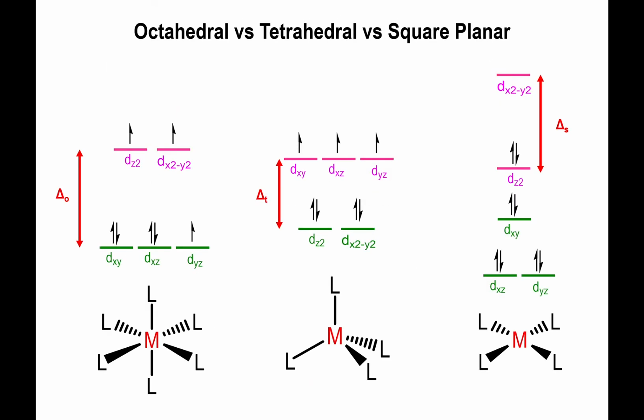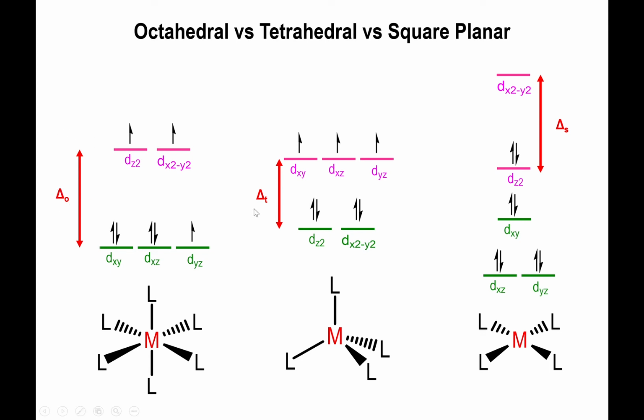Alright, so altogether you have your 3 kinds of splitting, and you're kind of required to remember the pattern, right? So 3 on the bottom, 2 on top for the octahedral, 2 on the bottom, 3 on top for tetrahedral, 2, 1, 1, and 1 for the square planar structures. And as I said before, the separation between lower and upper energy levels or orbital levels is what we call